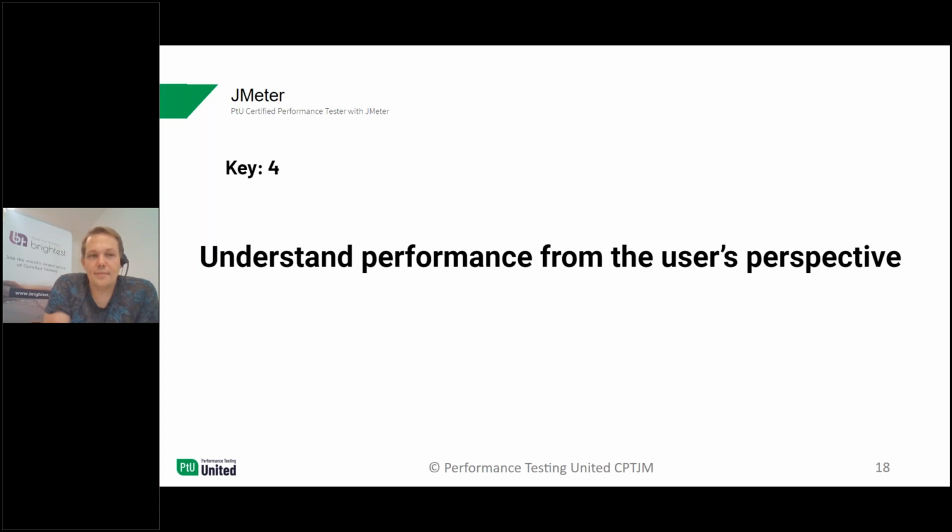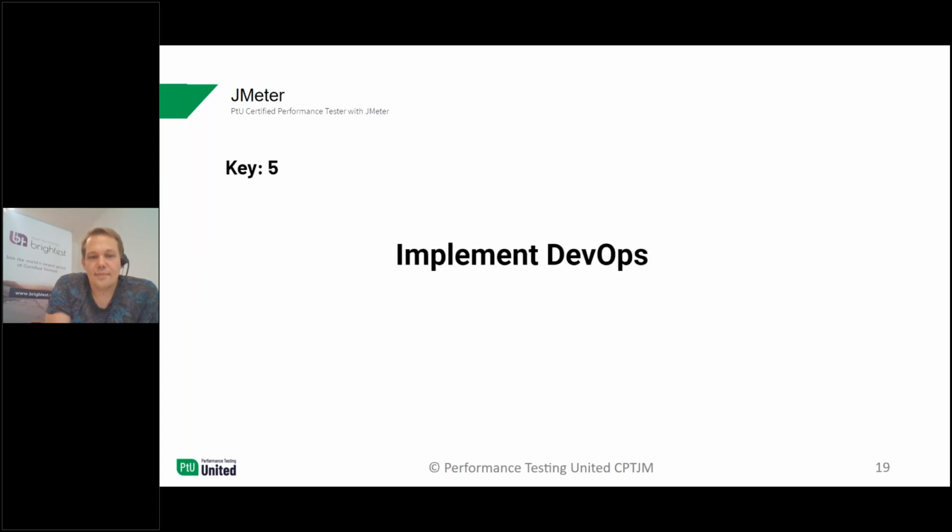So it's very interesting. So the last one: implement DevOps. DevOps is a beautiful area right now. Today, most of the companies are striving for shorter development cycles with test automation. However, if we look at performance testing, it's a time-consuming process and requires constant human intervention to bring it